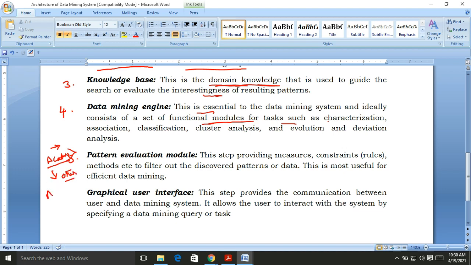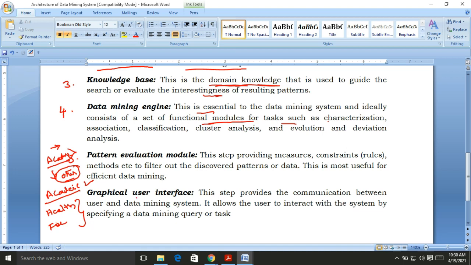If we get the academic data, our mining is fulfilled. Otherwise, if we are mining student health data or student fees data, our mining process is deviating and not working according to the knowledge base or our wish.